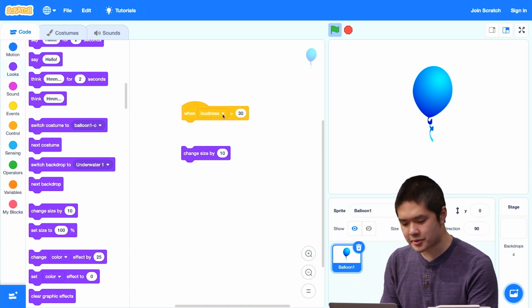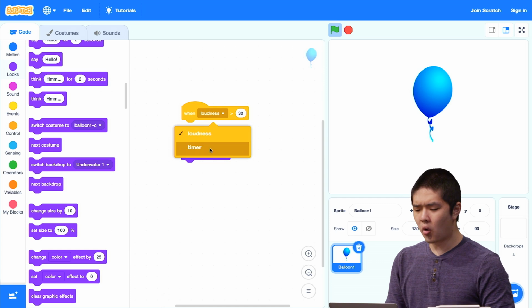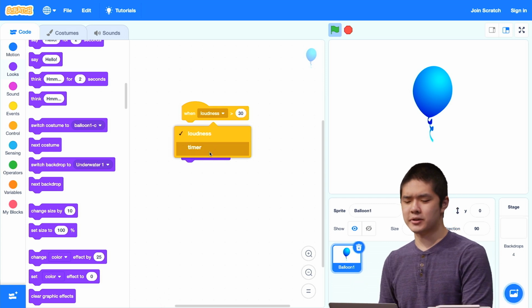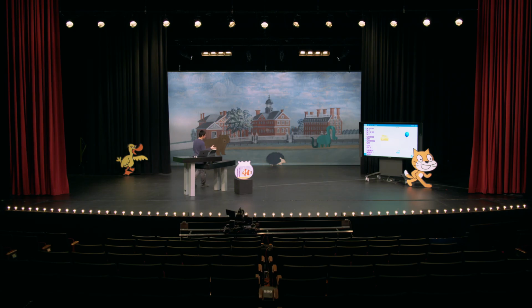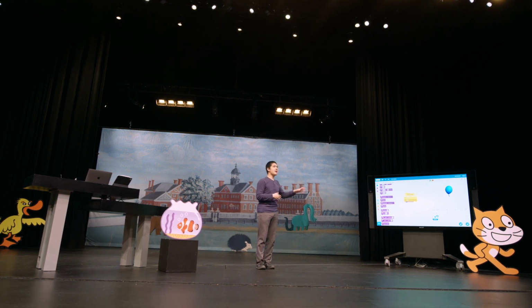I have another option here. I can choose when loudness is greater than 30 or when timer is greater than a particular number. And so every Scratch project, though we haven't seen it just yet, has a built-in timer. And the timer is keeping track of how much time has passed since we started the project. So when the project starts, we start counting how much time has passed, and that timer is keeping track of